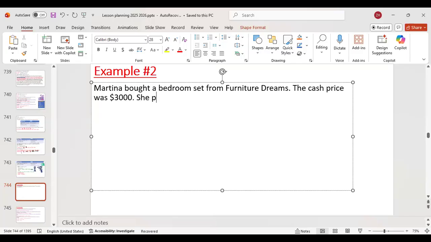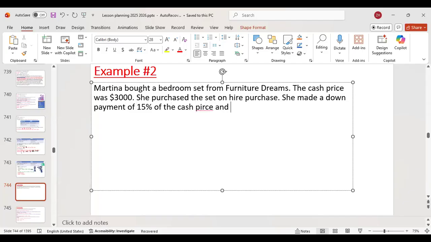She purchased the set on hire purchase. She made a down payment of 15% of the cash price and paid